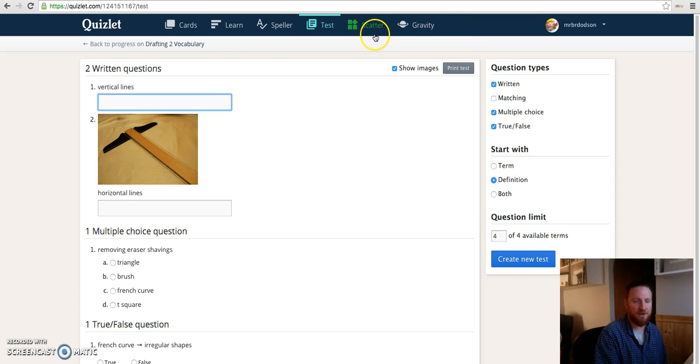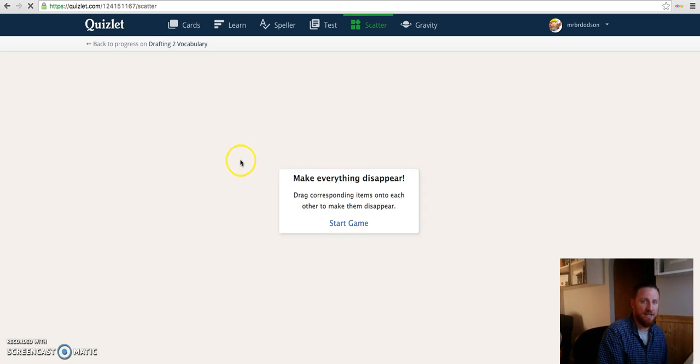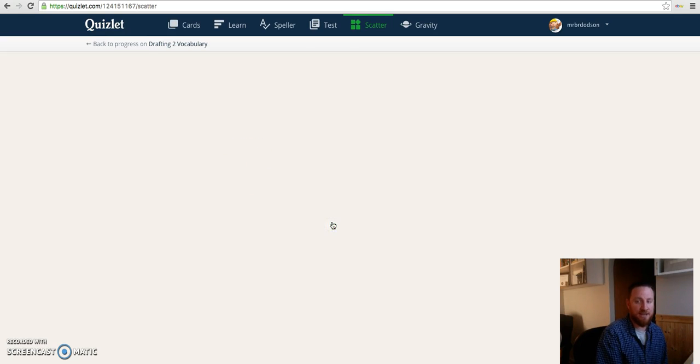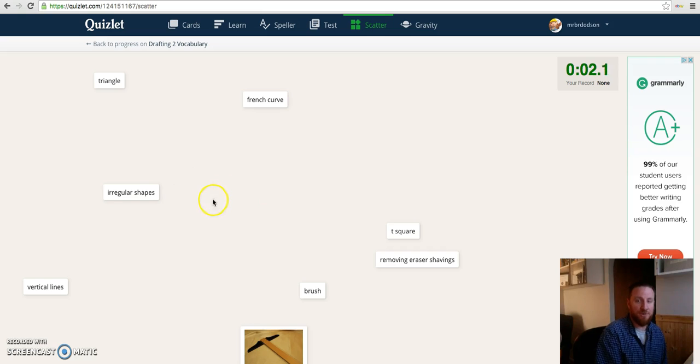Scatter and gravity are games. I'm going to try to wrap up here in 30 seconds. I'll do another one to show you the rest of it because I'm running out of Screencast-O-Matic time. But Scatter is a game, it's sort of like matching. It's going to take the backs of the cards and the fronts of the cards, put them all over the screen, and then it's up to you to try to